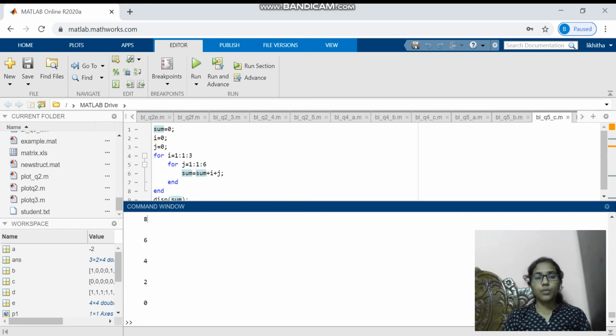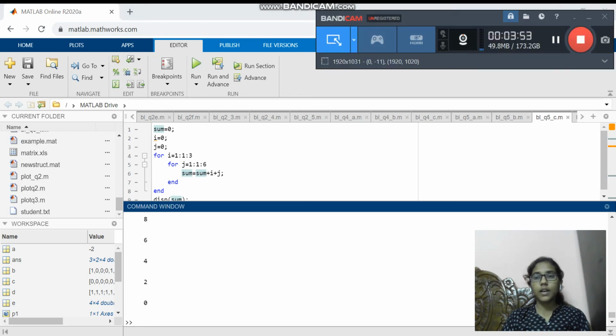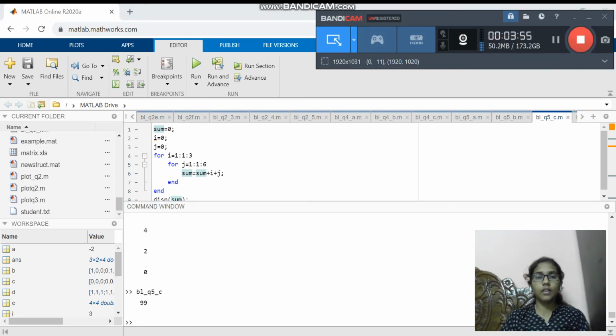For 1, it will enter into 1 and run up to 1, 2, 3, 4, 5, 6. And for 2, it will come to j and run 1, 2, 3, 4, 5, 6 and goes to 3. Again it runs from 1, 2, 3, 4, 5. Now all the summation will be done and we get the result as 99.